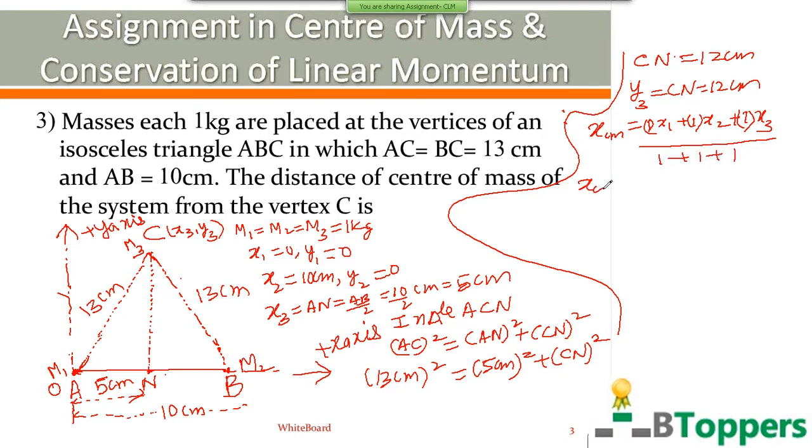So x coordinate of the center of mass, as I discussed already in the past, if all three particles of a system of three particles have the same mass, and the three particles do not lie at collinear points, then the center of mass of the system of three particles which lie at the three vertices will be at the centroid of the triangle if the three masses are equal. So x coordinate of the center of mass we can get as x1 plus x2 plus x3 by 3.